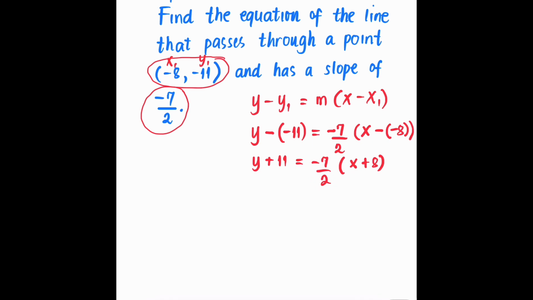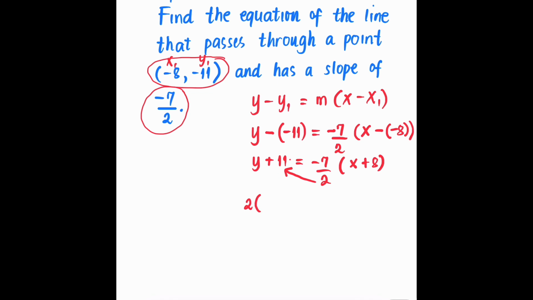By looking at the fraction, you have the numerator -7 and denominator 2. So to simplify this, you can take the denominator 2 and multiply that denominator to whatever is on the left-hand side of the equation. So it's going to be 2